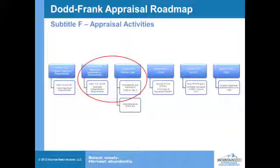We do know that there may be requirements for a second appraisal in certain situations, and the cost of that second appraisal would not be able to be passed on to your borrower. We'll skip over the next two because that's going to be really the meat of our presentation today, and move